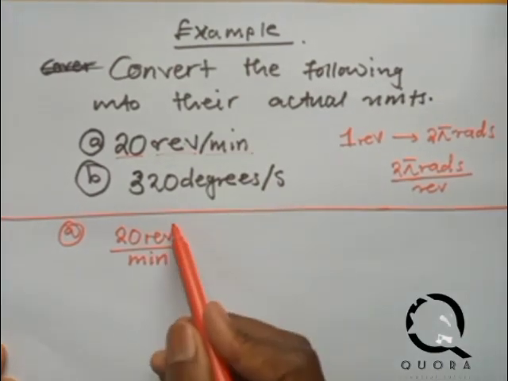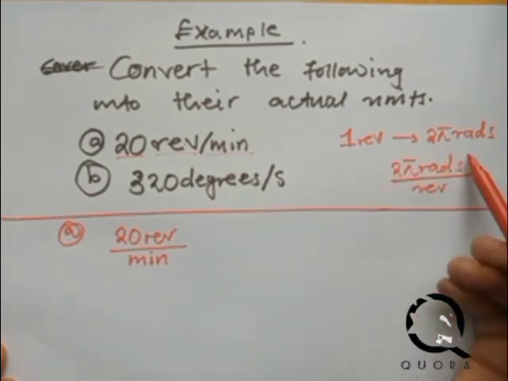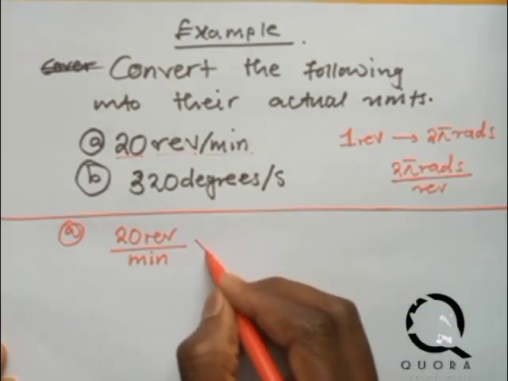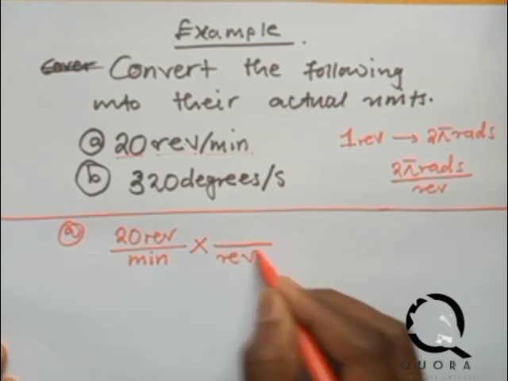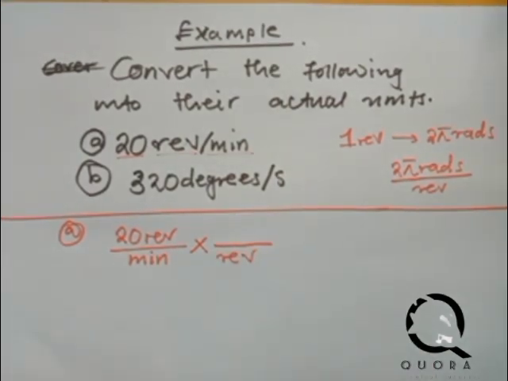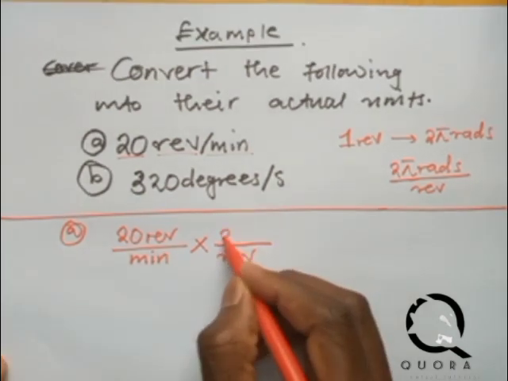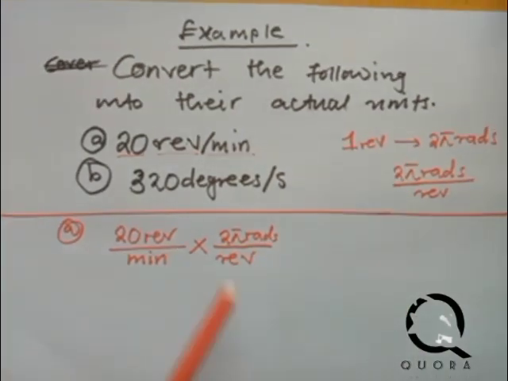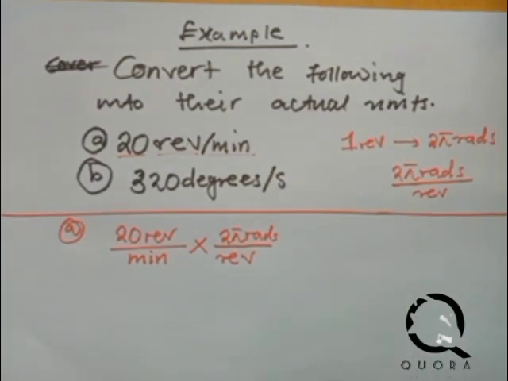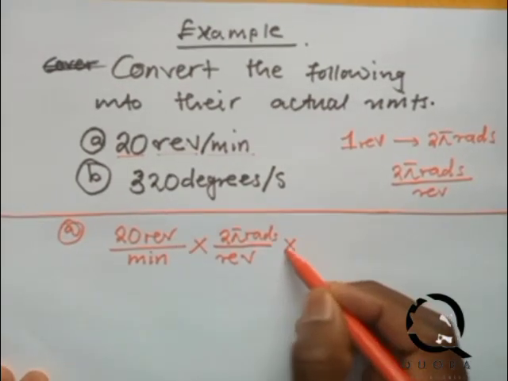To get rid of revolutions, you put revolutions down. How many radians make up a revolution? We have 2 pi rads making up one revolution. How do you get rid of minutes into seconds? I'll also multiply by